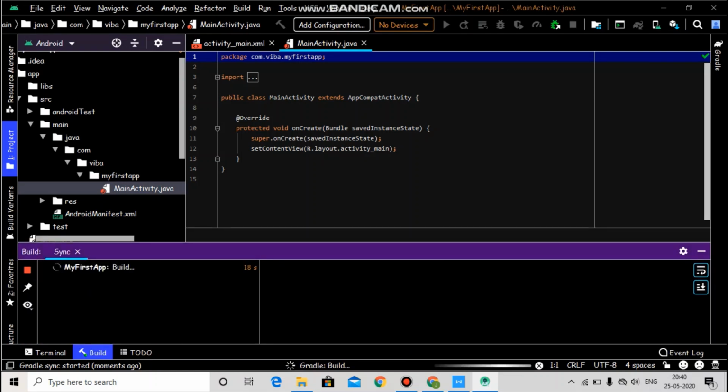And Gradle is a tool that will build the whole project and convert it into bytecode such that the system can show us the output. You can also say that Gradle is software which is used to build other software.